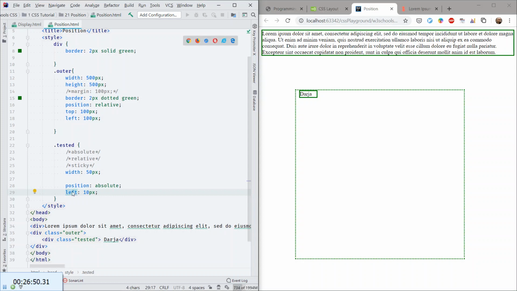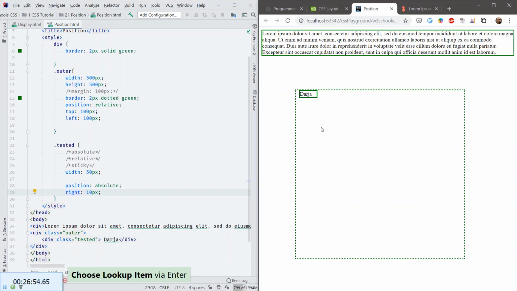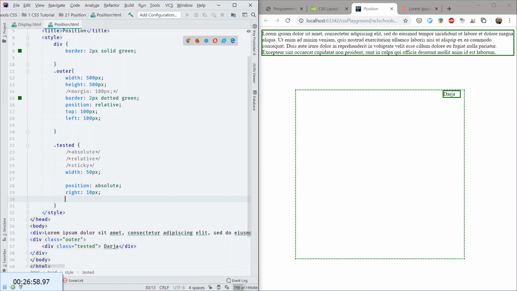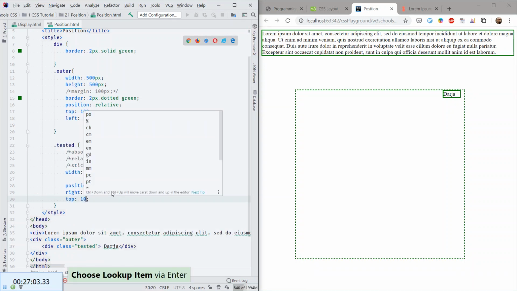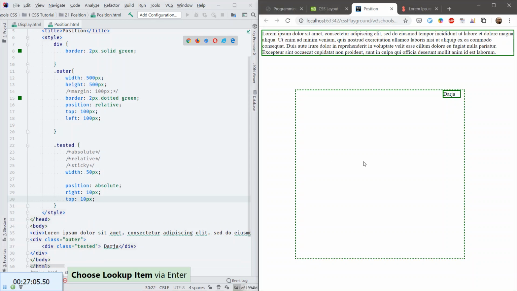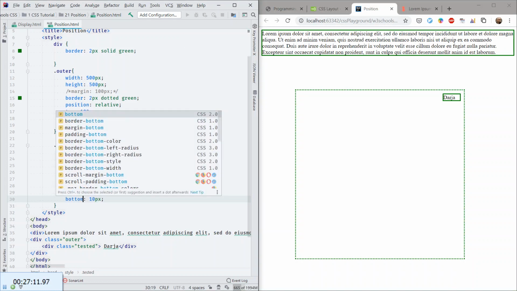Now what will be different is when I switch to right, it will count from this edge, see? And we can do the same for top. Let's do 10 pixels, and shift it a little bit down, or bottom,